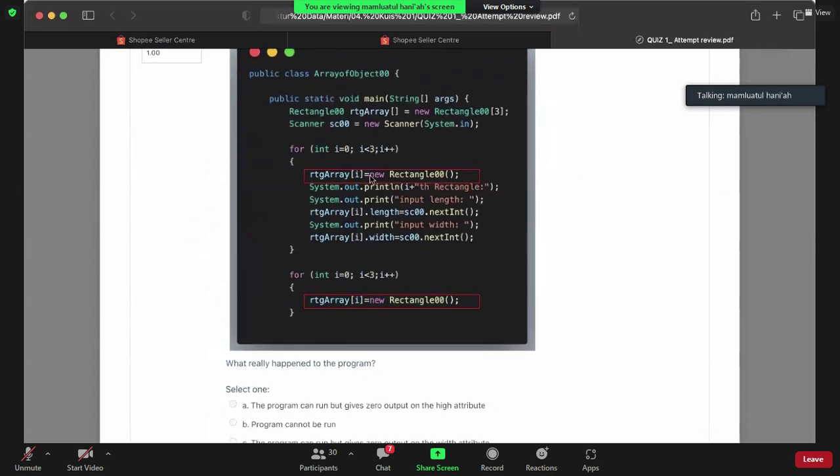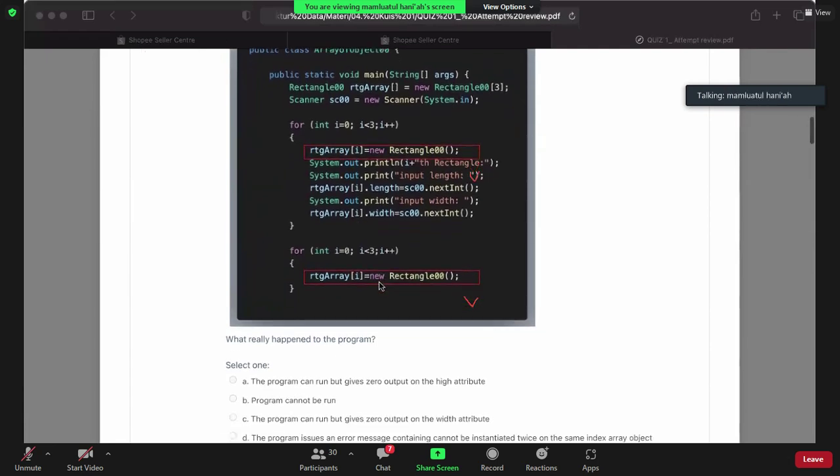So here, you do the instantiation process 2 times. This is the first instantiation process, and this is the second instantiation process. What will happen when you do something like this?